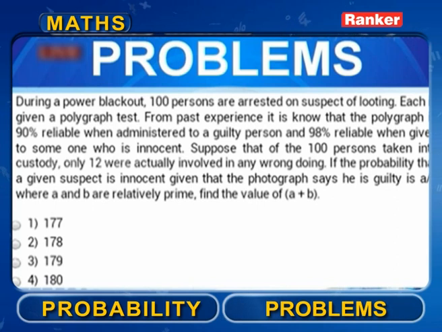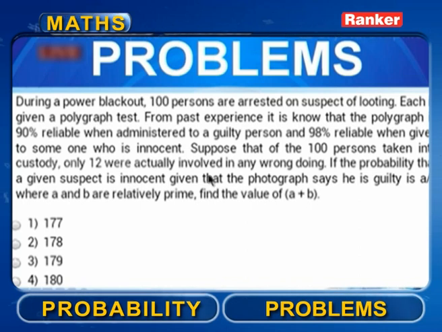If somebody lies, it says he's lying. If somebody is telling the truth, it doesn't say anything. So that is nothing but a polygraph. From past experience, it is known that the polygraph is 90% reliable when administered to a guilty person,